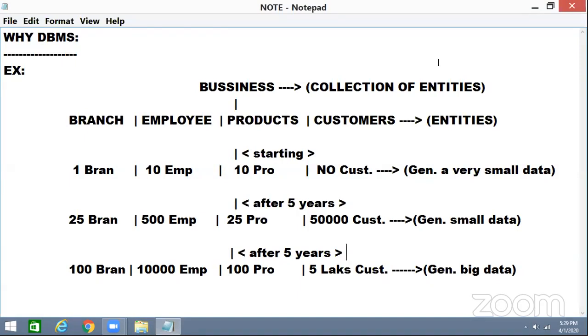That depends on the company. For example, banking sectors need OLTP, and they need OLAP also. OLTP is for day-to-day transactions; they store how many transactions are happening in the banking sector today. OLAP means what? Just now I said, that is the historical data. Historical data means the past 5 years, or past 10 years, or past 25 years of data we need to handle. So for that purpose we need OLAP.